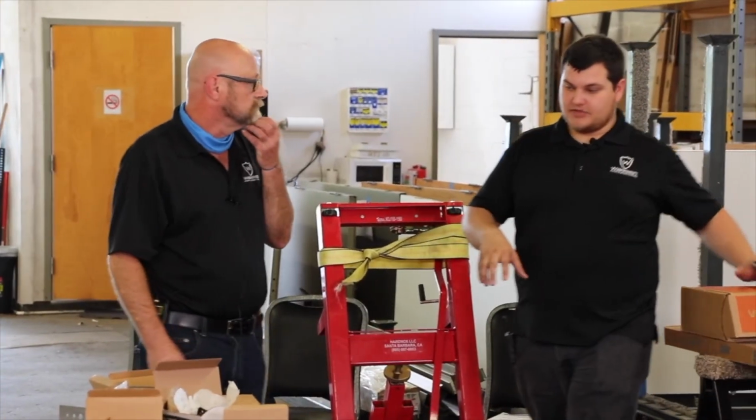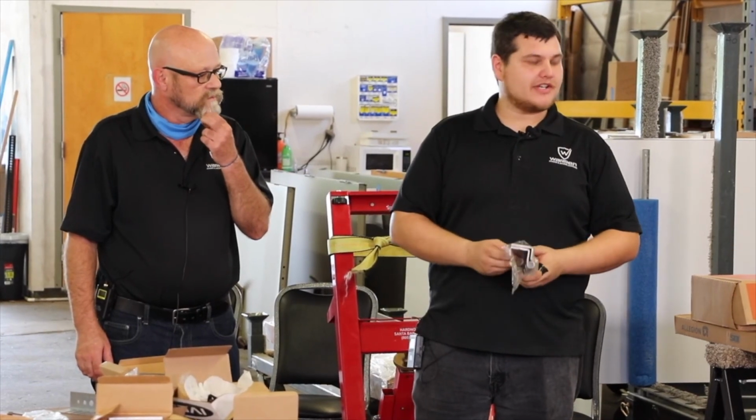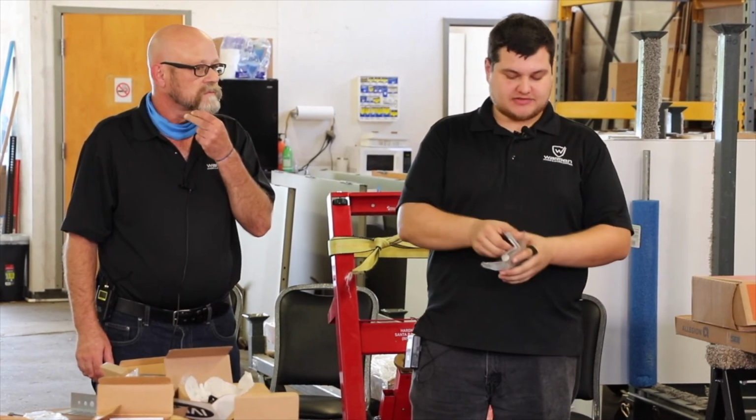You also have, I mean, the hinges Dana showed you, they make other types, not stuff that y'all are probably really going to use, but they have swing clear hinges that